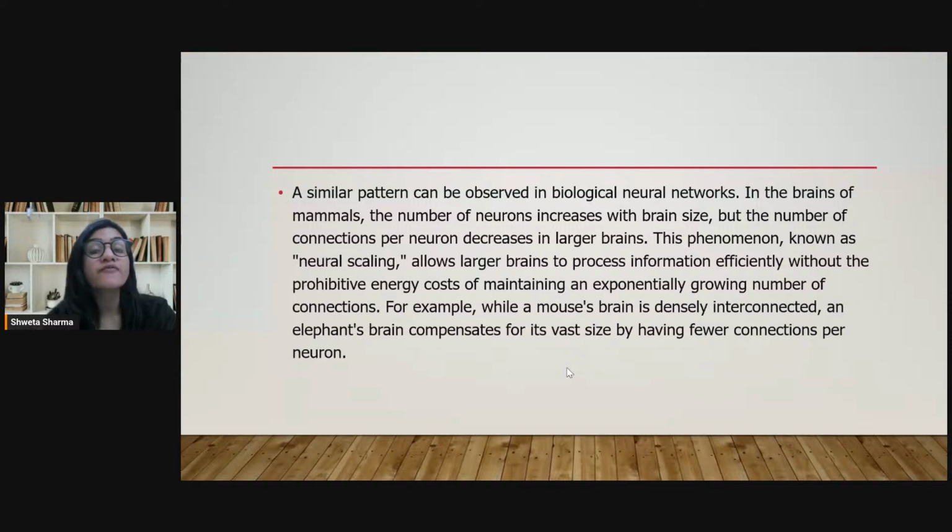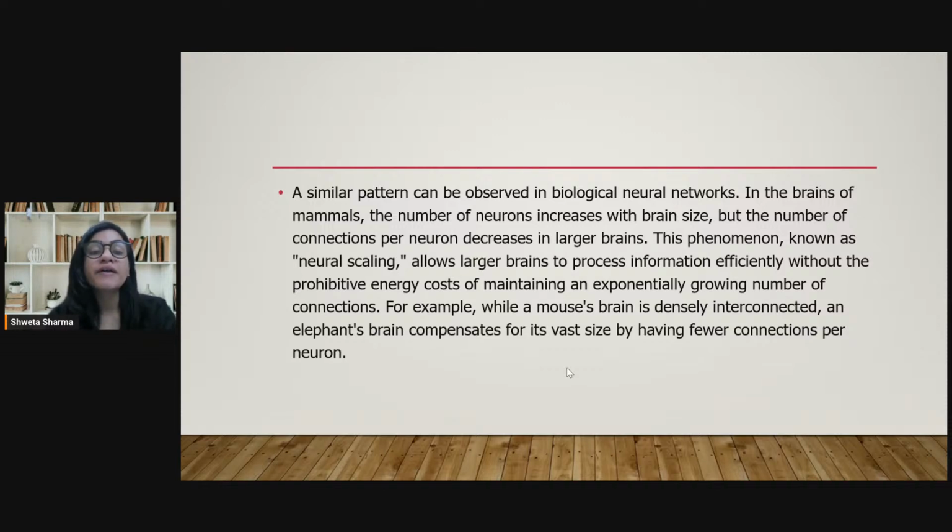So one thing is I have to manage many connections, my friends network, my relatives network, or maybe many projects in my organization, right? Maintaining that large number of connections is possible without the brain actually needing extra energy. The scaling we're talking about here is neural scaling. It allows larger brains to process information more efficiently without using any extra energy for the new connections being built up.